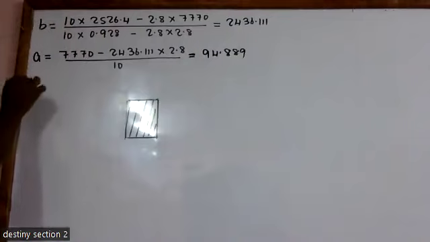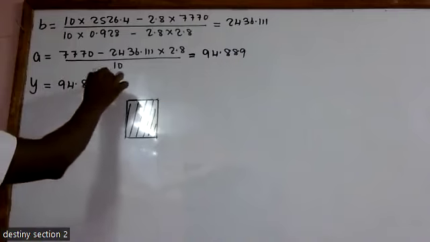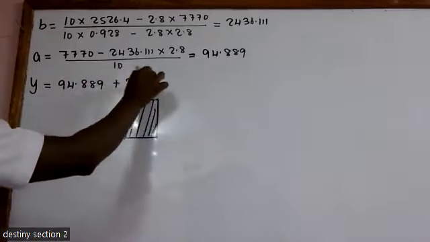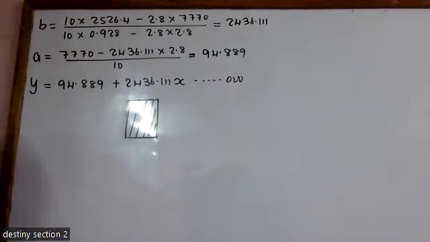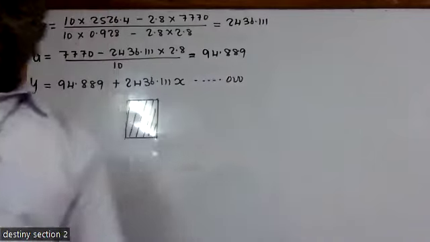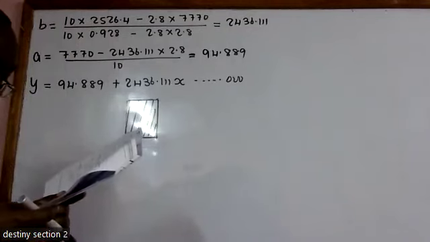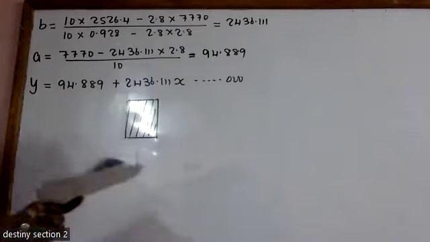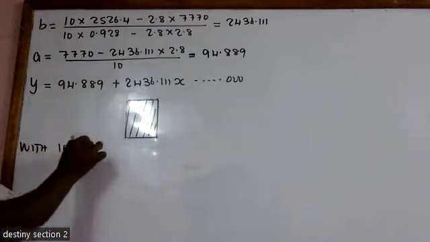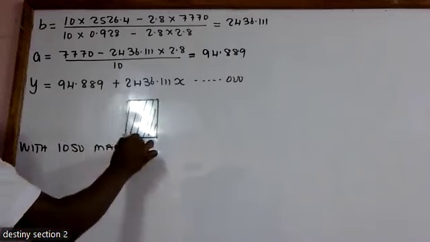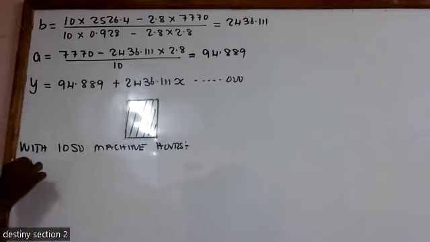Therefore, y is going to be given as 94.889 plus 2436.11x. And remember, this equation is in thousands. The equation is in thousands. So when they come and tell you, determine the total cost if 1050 machine hours were used. So with 1050 machine hours, costs will be